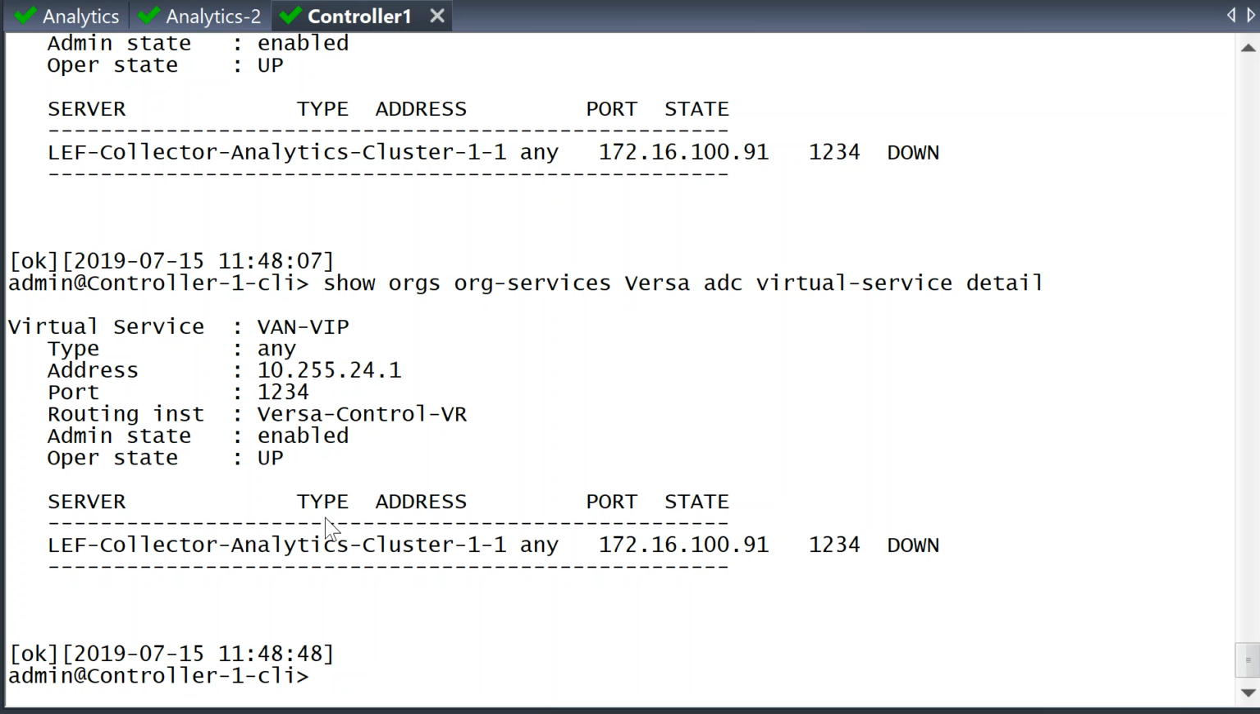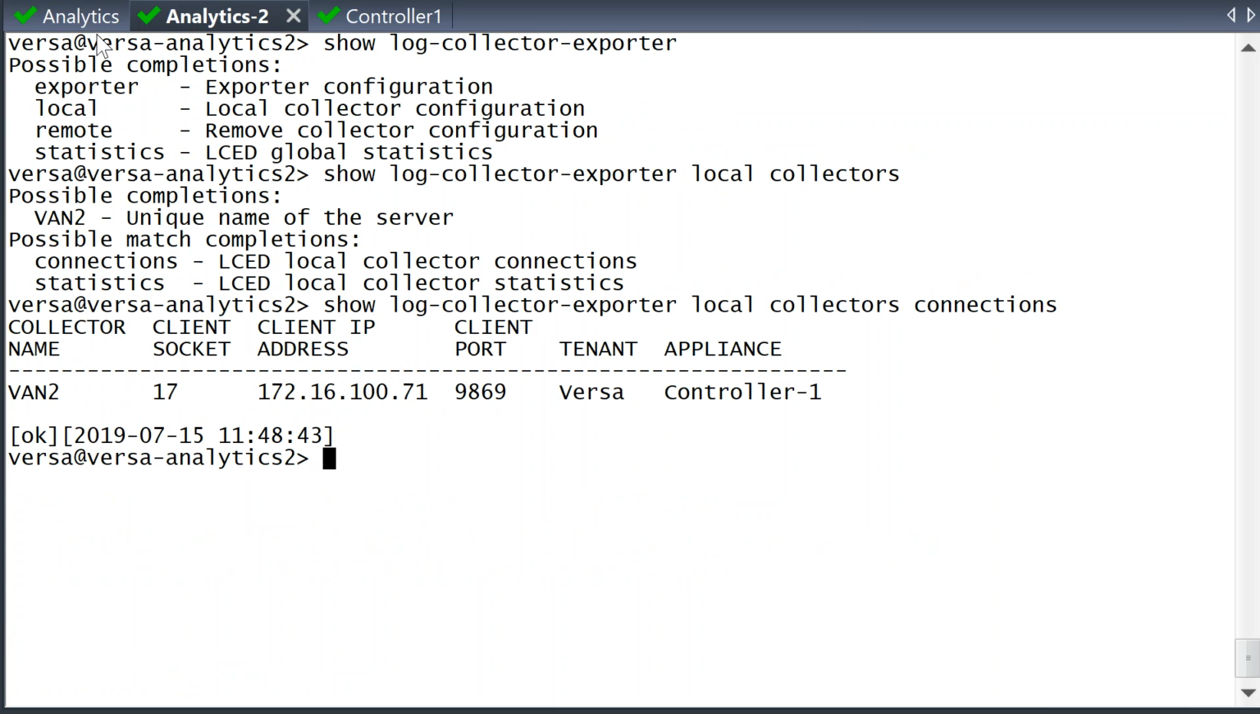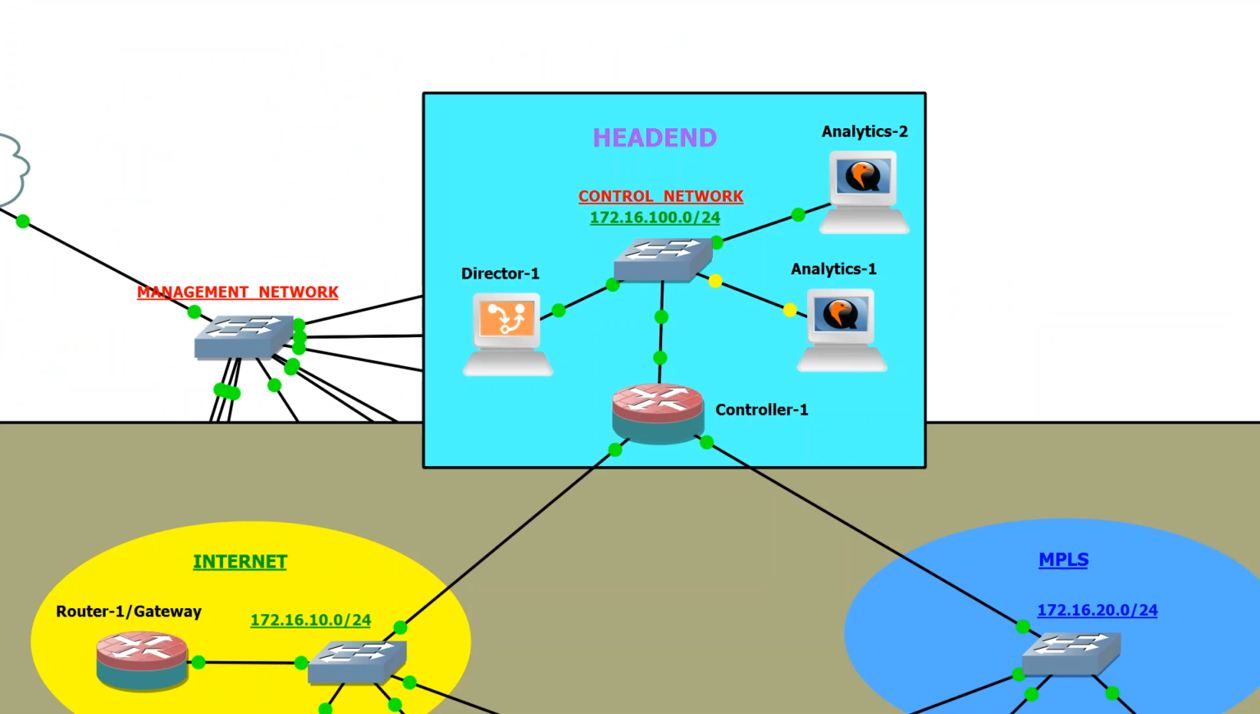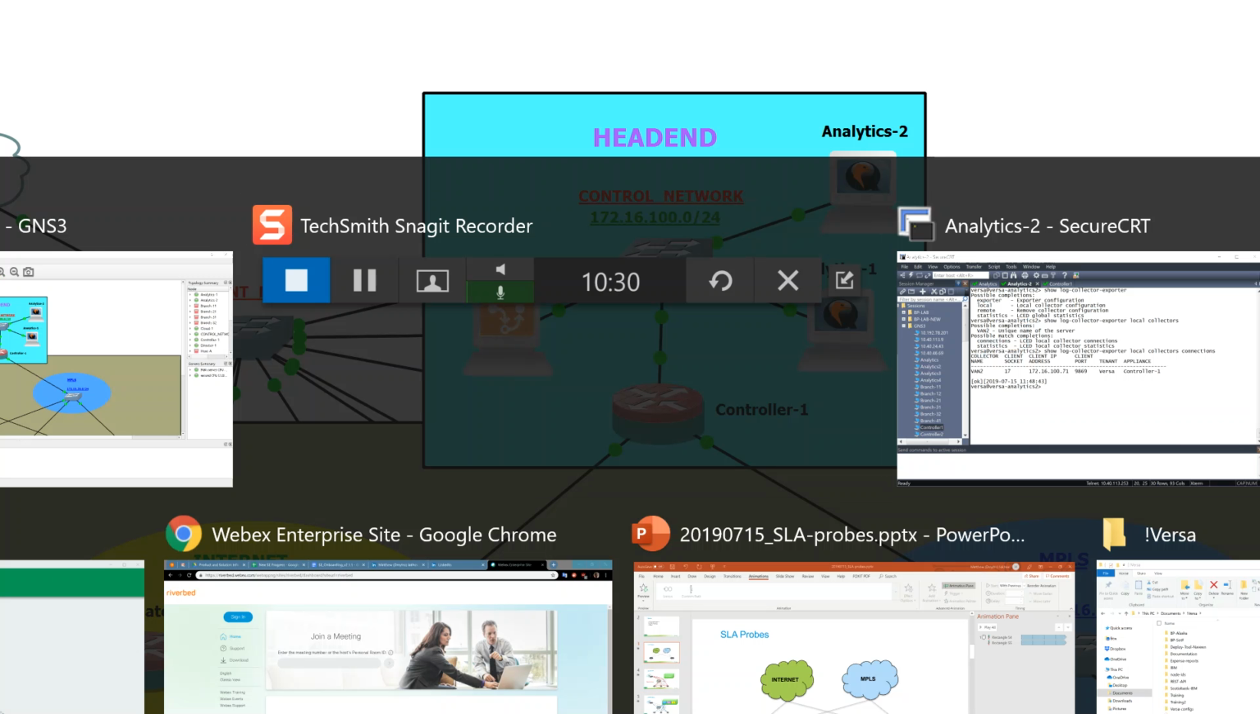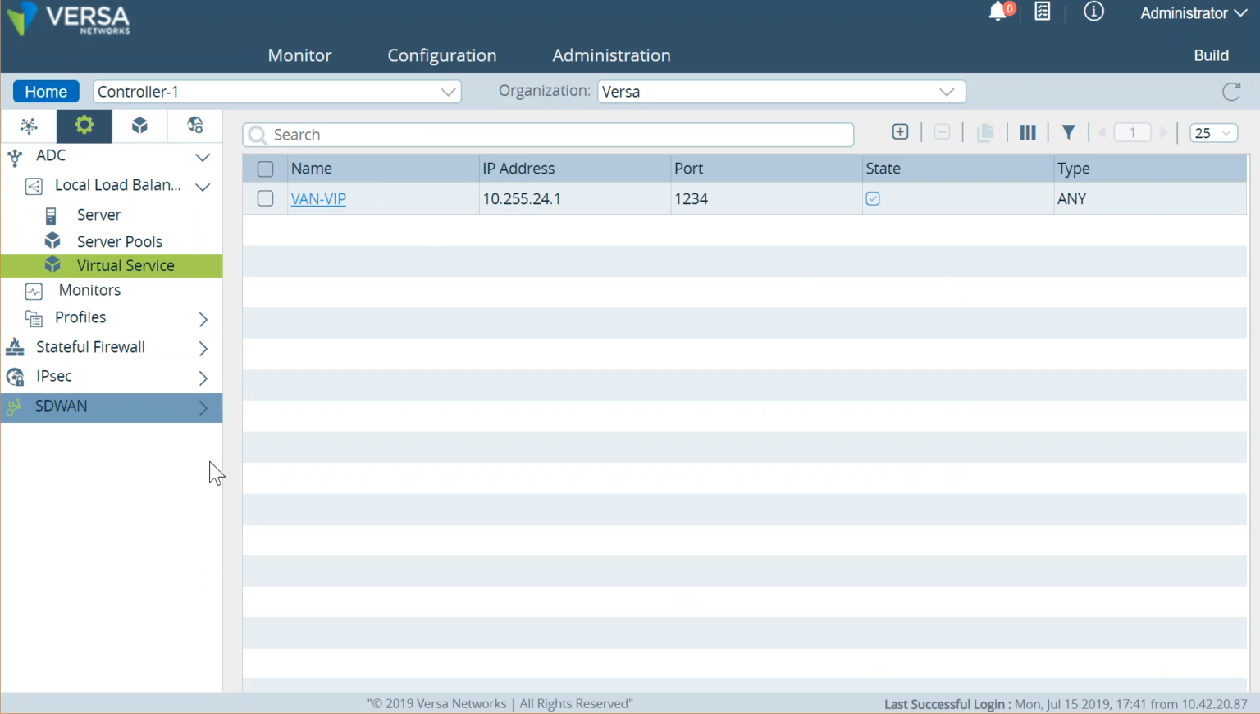Now, as you can see, by default, we are only tracking the state of the analytics node by the ICMP probes. If we would want to do something more sophisticated, like for example, monitoring of the actual log collector, if the analytics node is up or down, I mean, it's not necessarily that the ICMP probe will show the actual state of your analytics. So let's get the connection back and let's see how we can configure additional services to monitor